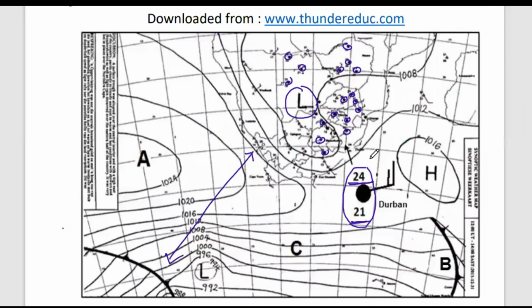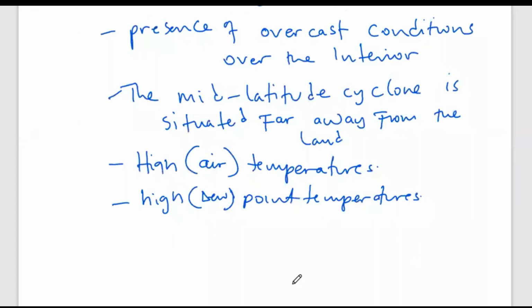Can I also talk about the two high pressure sources? Because we mentioned before that this is South Atlantic high and this is South Indian high. You can see that they are situated far away from the coast. See, this is South Atlantic high, situated far away, and this is South Indian high as well, situated far away from the land. So therefore, we can say